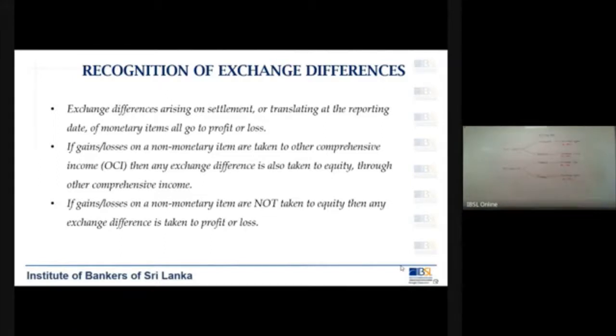Other comprehensive income. So it is very important what you take to the P&L and what you take to the equity, because those are the two elements of your equity component. One is the profit that you earn, one is the reserves that you may create. So this foreign currency item is going into that reserve element. So I want you to take down a note here, on bullet point number 2.